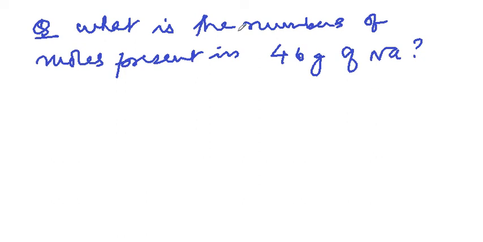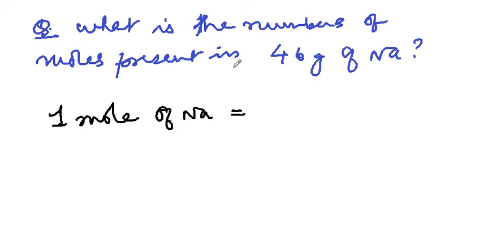What is the number of moles that is present in 46 gram of sodium? So what we understand is, we have 1 mole of sodium. The first thing that you should always consider is the one that you know from the mole concept. So we have 1 mole of sodium